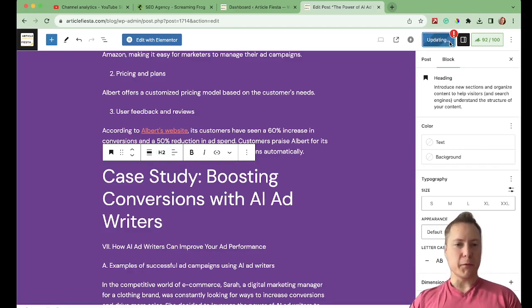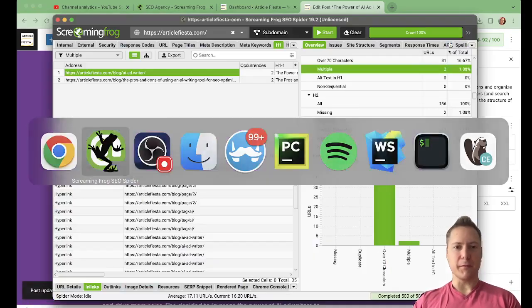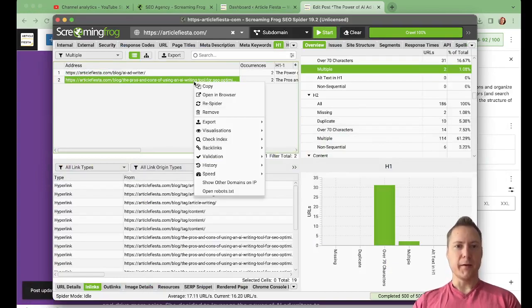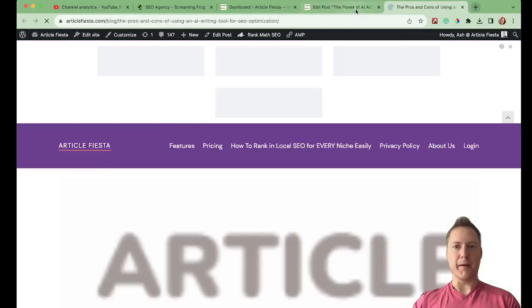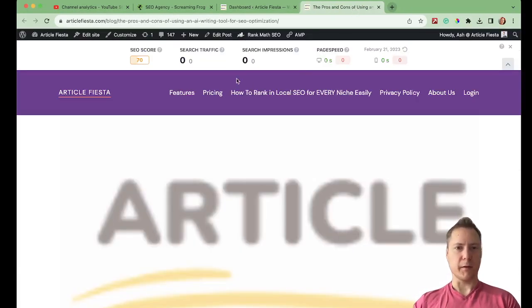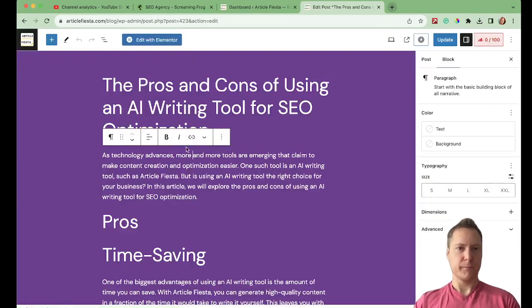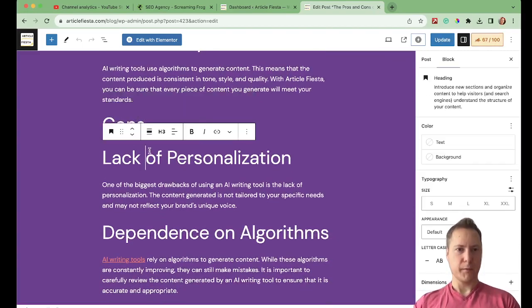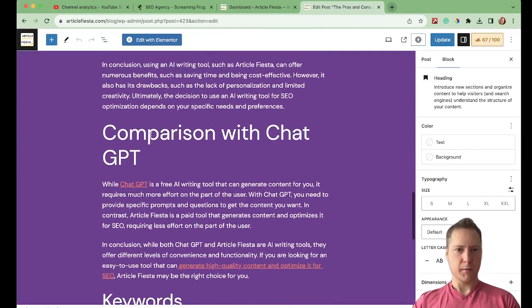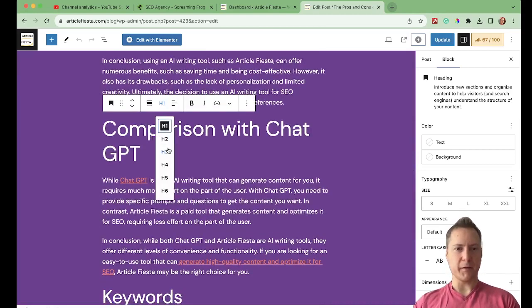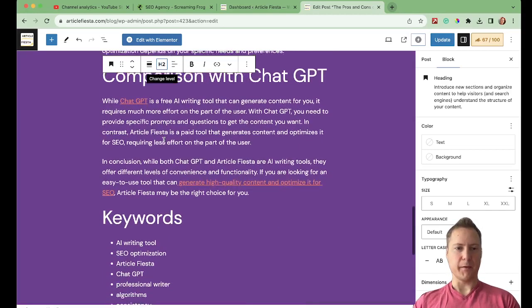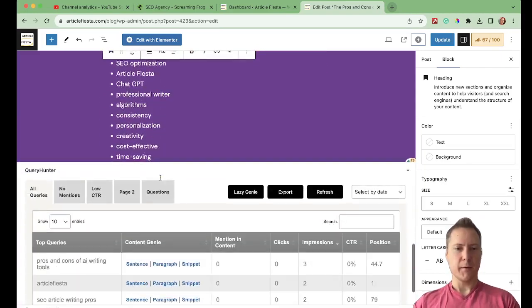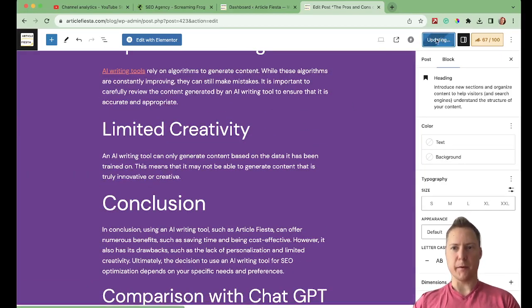I mainly just want to talk about the H1s right now because I've seen a few sites recently that have had multiple H1s on the page. So, is this block one? Yeah. There we go. Comparison with ChatGPT. That was another H1. So now, if I update this,